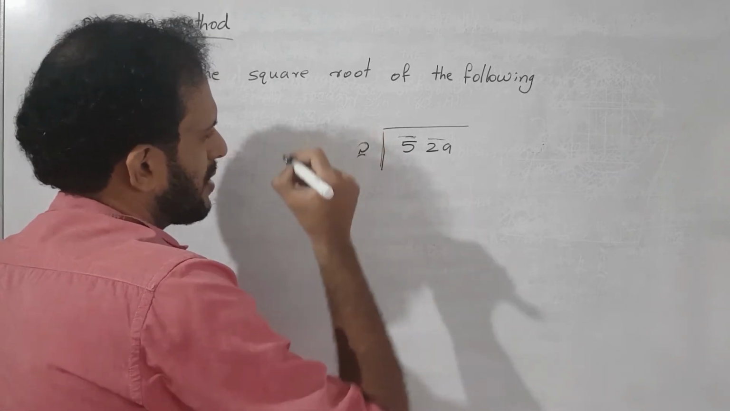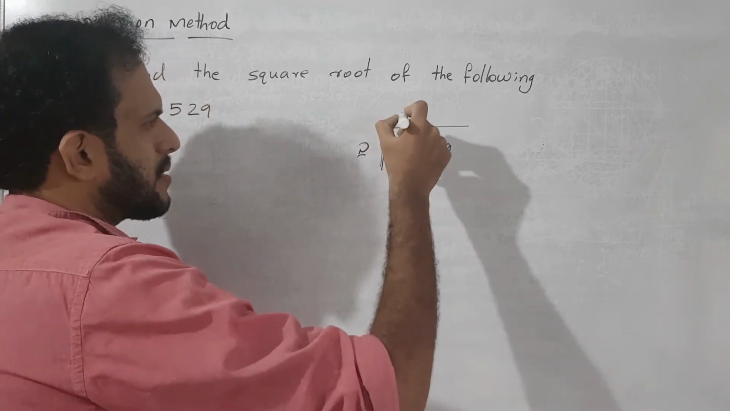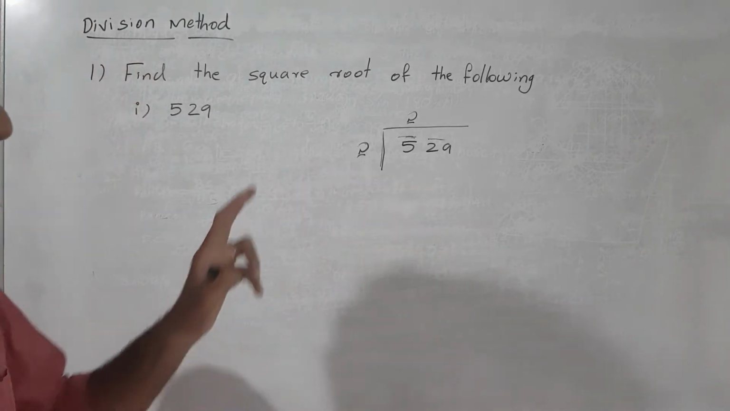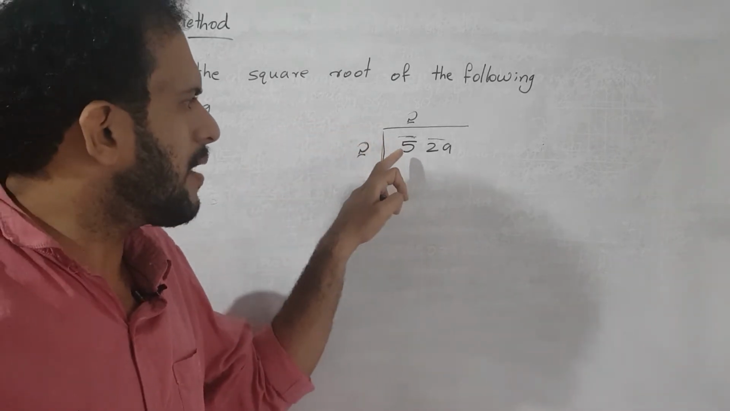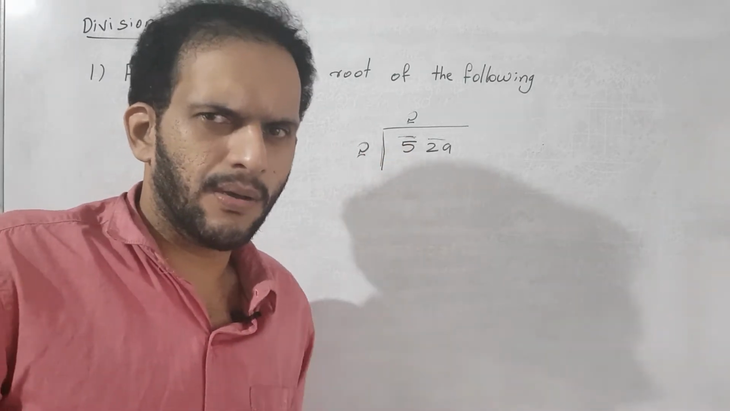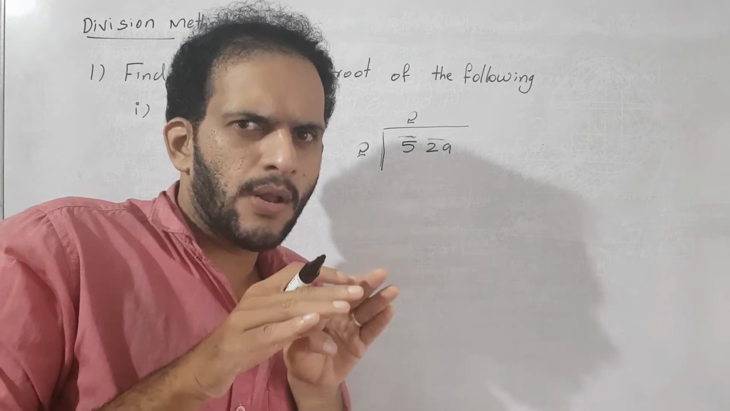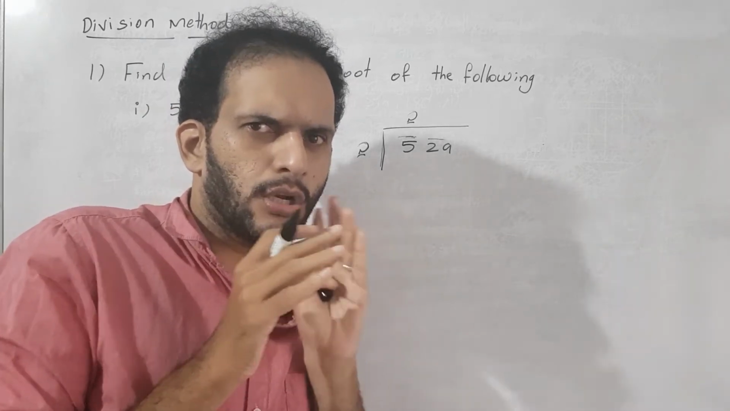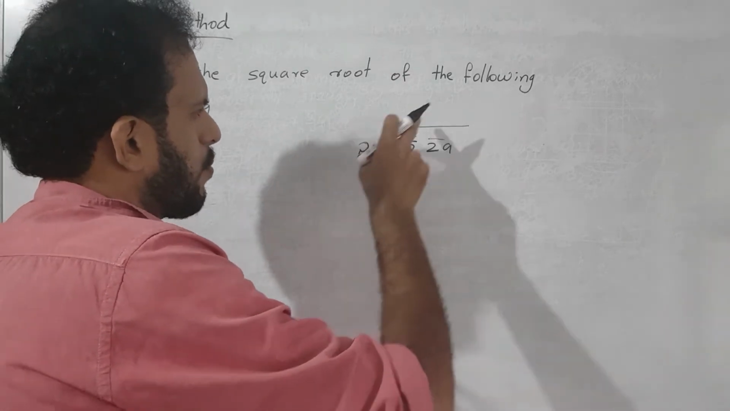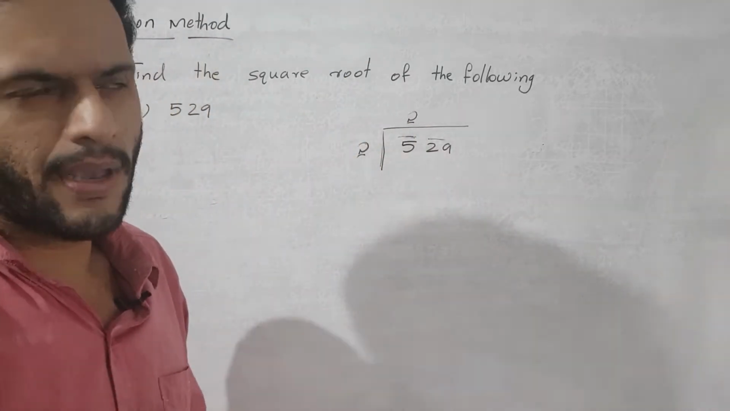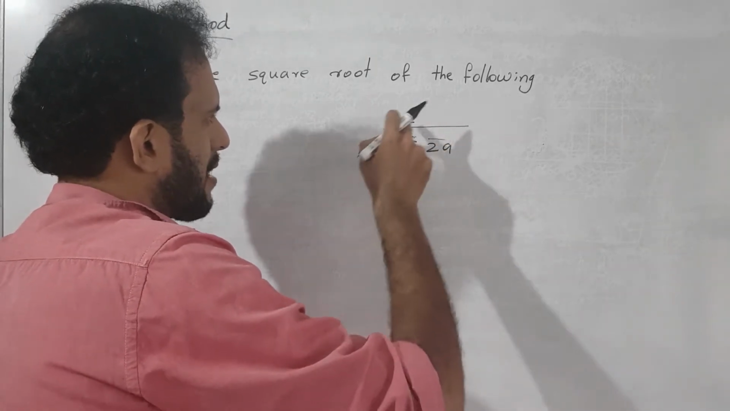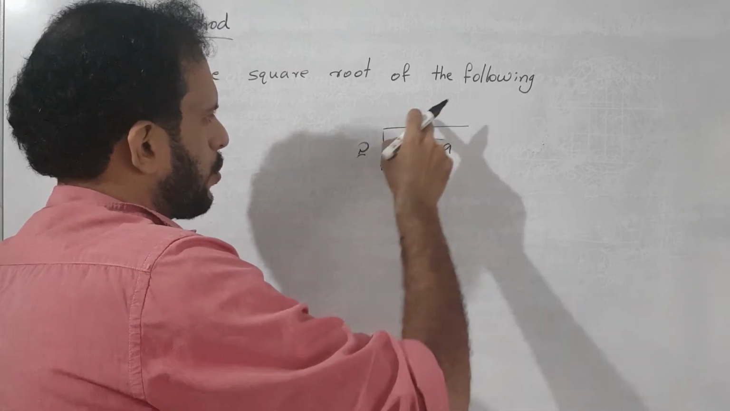So 2 is the same number as the quotient and divisor. Okay, the next step: the product of divisor and quotient, 2 into 2,